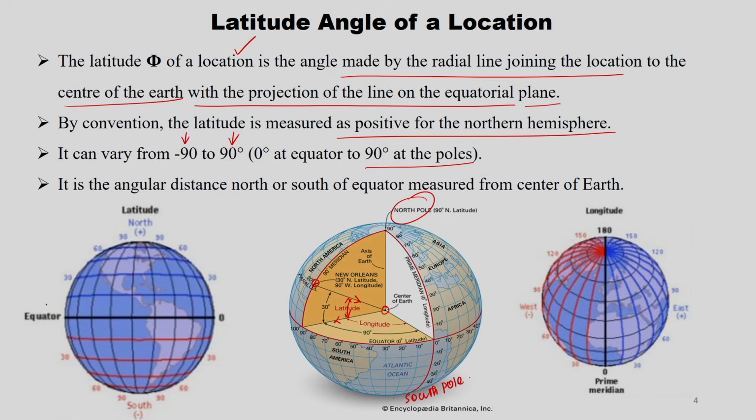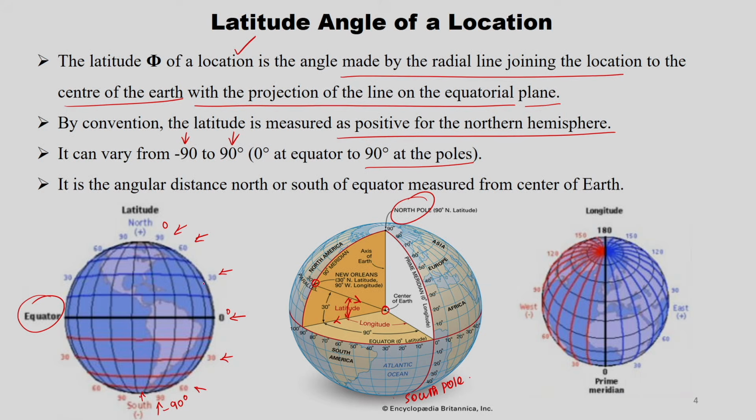Right. So, this is nothing but the equator, which is measured at 0 degrees, and then the north pole is measured as positive 90 and the south pole is measured as -90 degrees. So, this is in this way. This is 0, 30, 60 and then 90. And this is -30, -60 and then -90.